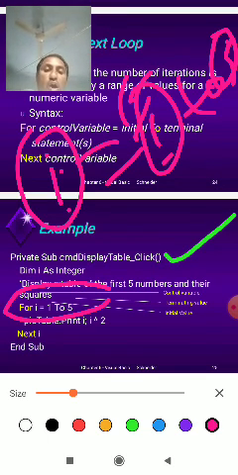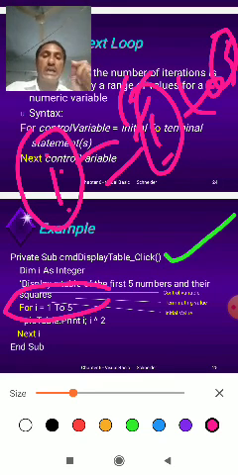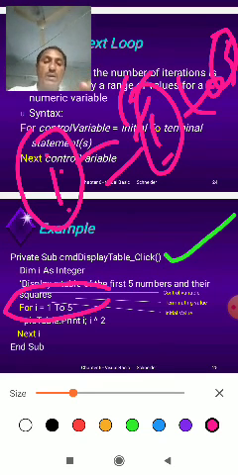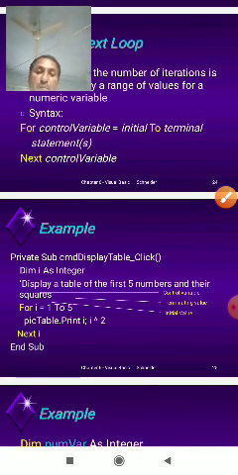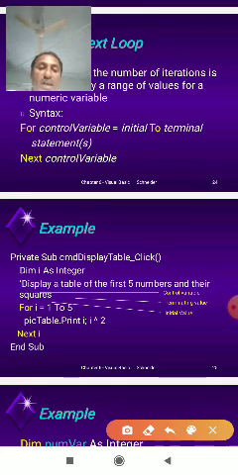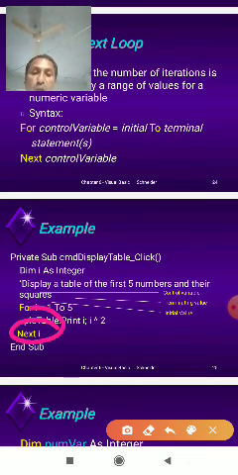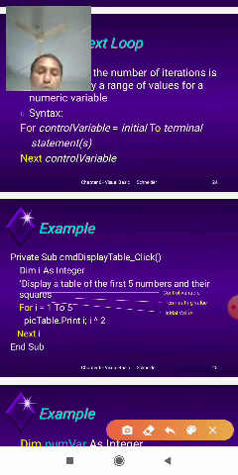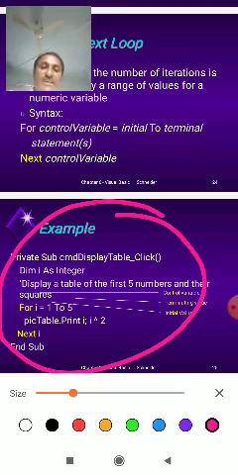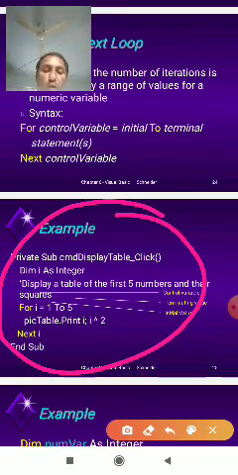This is the control variable taking the sequence of numbers from the first to the fifth, and then the statements follow. Next is the variable name at the end of the program, giving a simple for loop program.